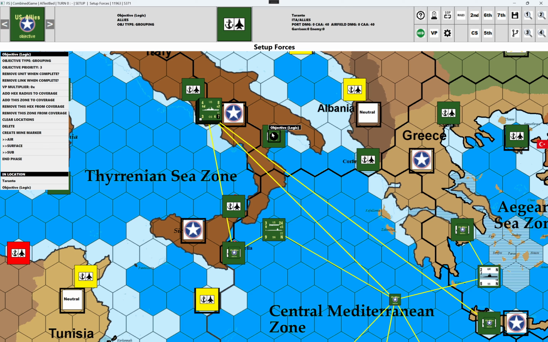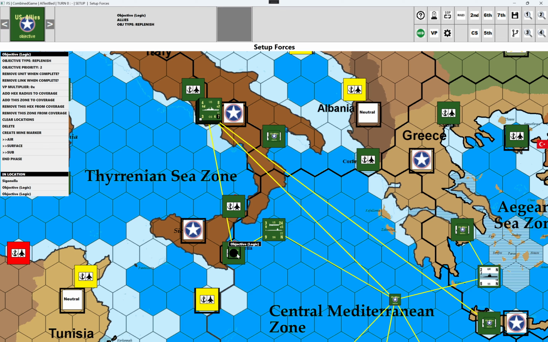So now it covers Toronto. What this basically means is it's a very low priority objective, but if we run out of things to do that are of higher priority, then it'll pick this as a last resort. So let's say, for instance, the best example would be,